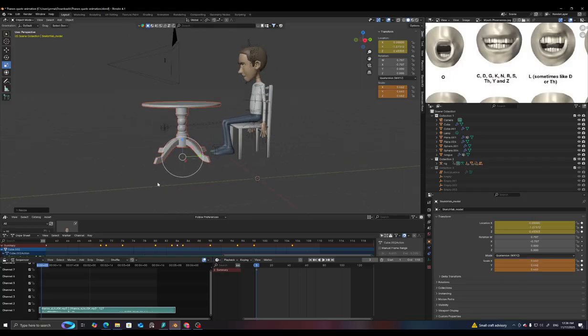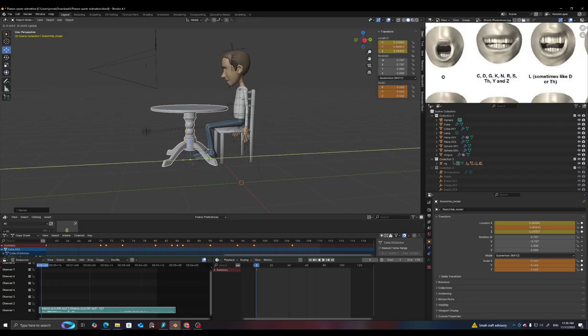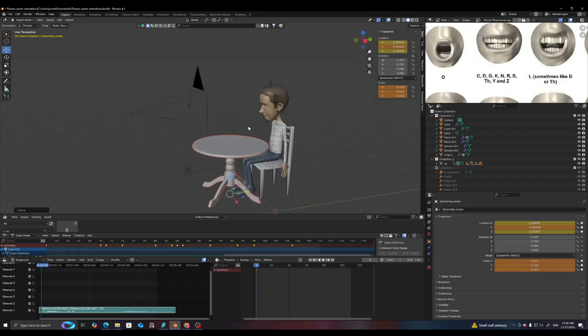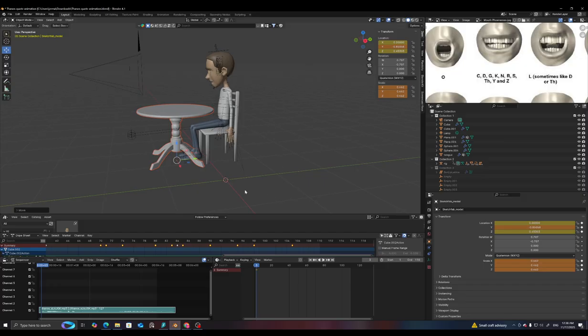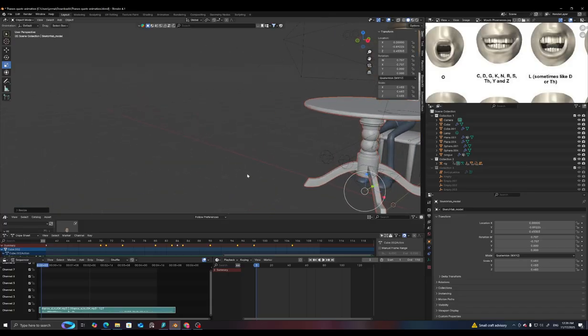We're just using these as props, really. So let's say table's right there. That's why you don't do any of this with keyframes. Cool. Alright, so we've got the table,